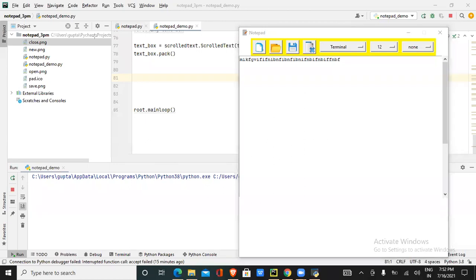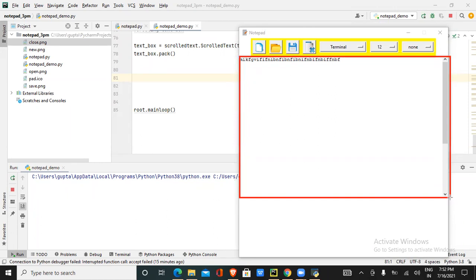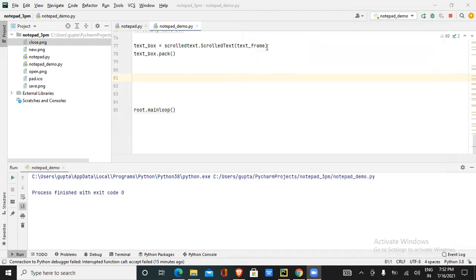Now is this text box half length or full length? Like half length, right? It's only consuming half of the window. But I'm saying you should come till the extreme bottom and consume the whole window. So how can I do it? Observe here. I close this, and inside this I'll pass width equals 1000 and height equals 1000, which means take maximum width and maximum height.